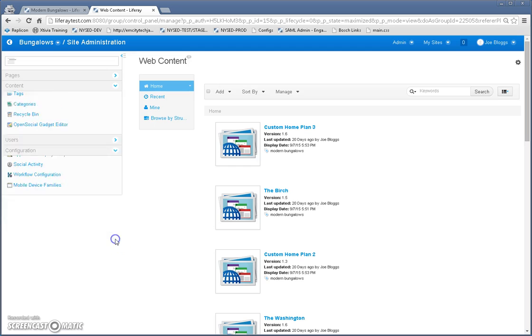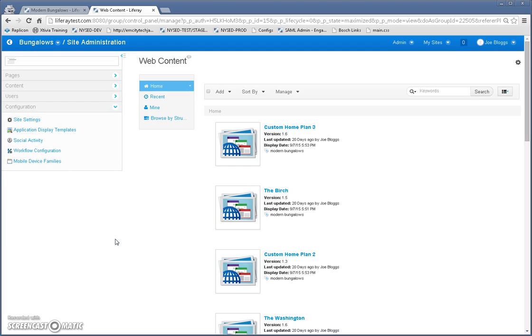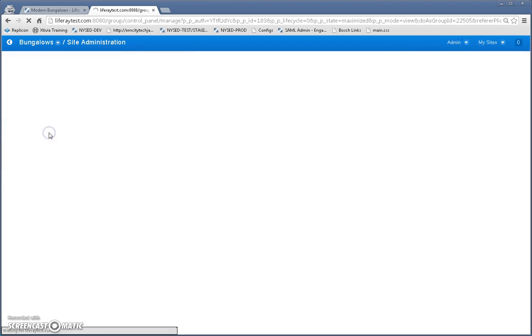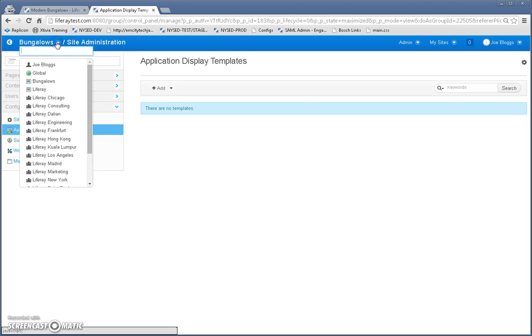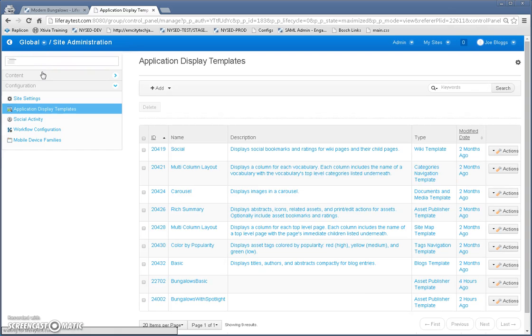The next step is to create my application display template. This is the application display template. It defines how the articles will be displayed on the page. I created those in my global site. So let's go back to global, application display templates,